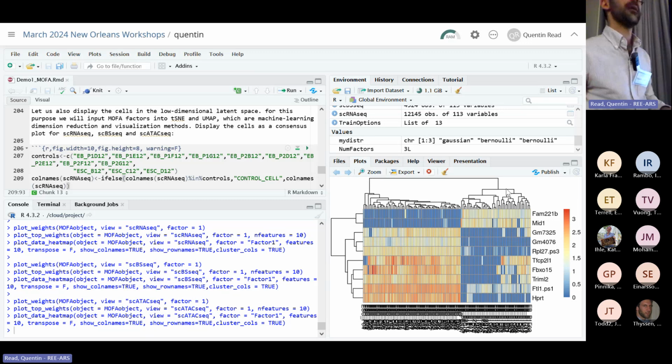You see how there's one main split, and that actually corresponds with the two main groups of cells that were in this data set. So I think it's just a default thing that is plotted. I'm not sure how you would go about getting the information for that tree out, but